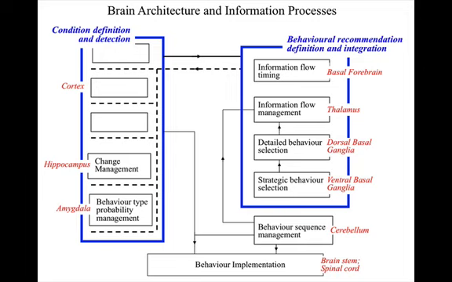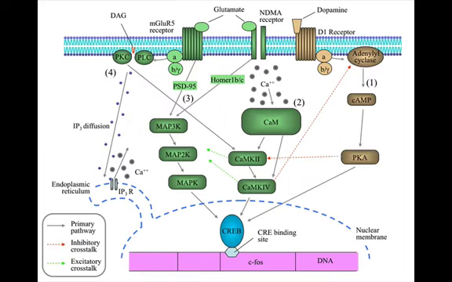At the highest level, we'll be able to describe cognitive tasks in terms of information processes like condition detections in structures like the cortex and behavioral recommendations in structures like the basal ganglia. Then we'll be able to describe any part of such a task in terms of more detailed condition detections and more detailed recommendations in the substructures of those major structures, and so on, all the way down to neurons and the substructures of neurons. Even at the level of the information processes performed by neurochemistry, we'll see later that we can understand these processes as extremely detailed condition detections and